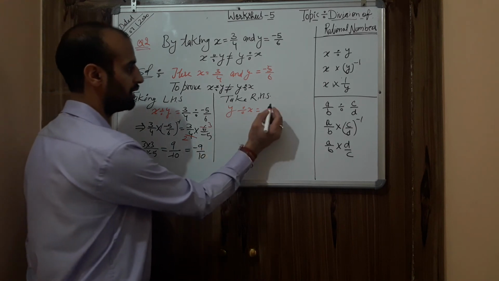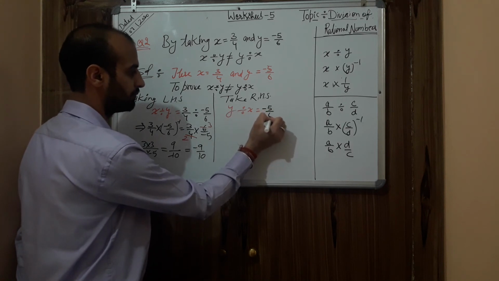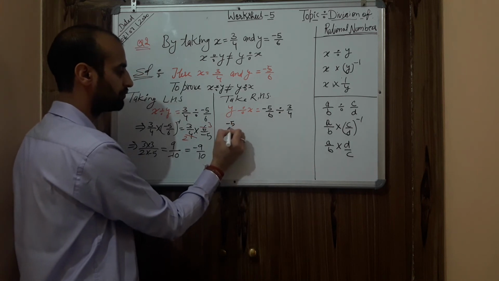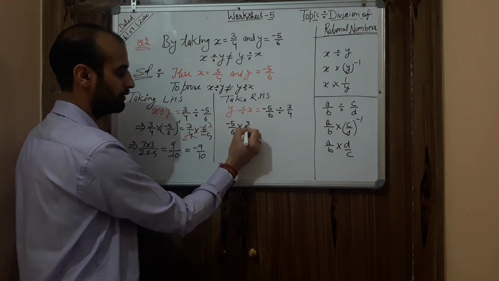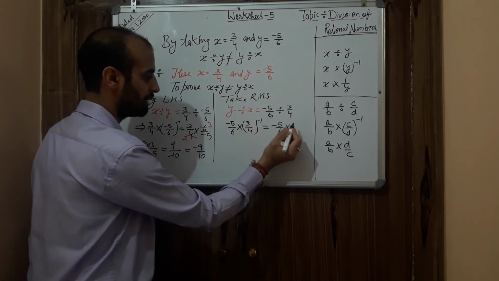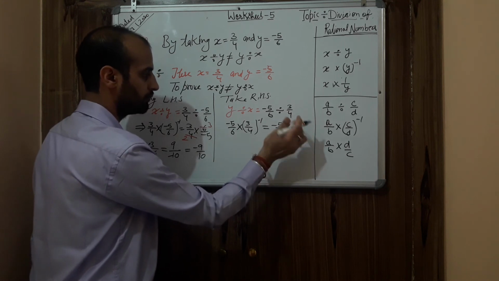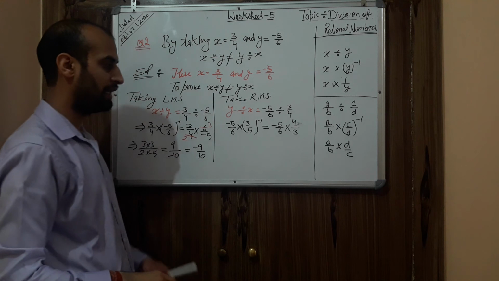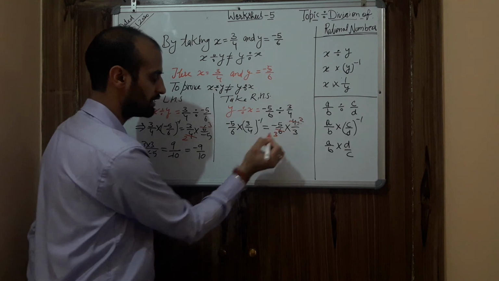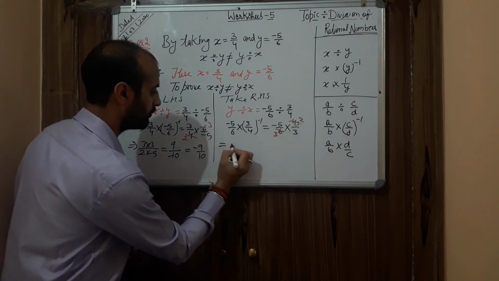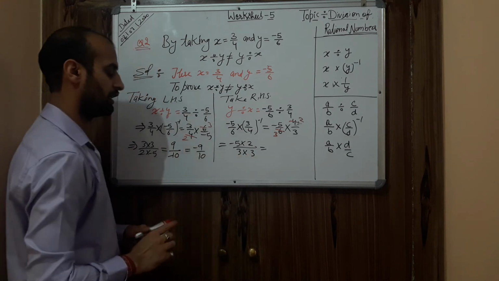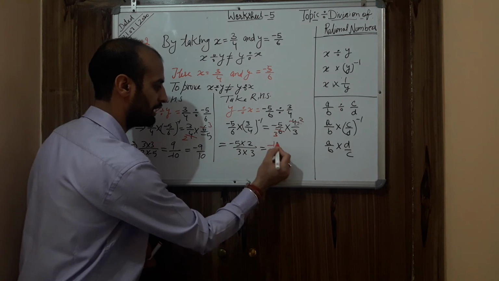Similarly, we'll do the second part, but this time we need to write y first and x later. X is 3 upon 4. Similarly, put the multiply sign and take its reciprocal. So it becomes minus 5 upon 6 multiplied by 4 upon 3. If anything can be cancelled, cancel it: 2 twos are 4, 2 threes are 6. You will be left with minus 5 multiplied by 2 upon 3 into 3, which is 10 upon 9 with the minus sign.